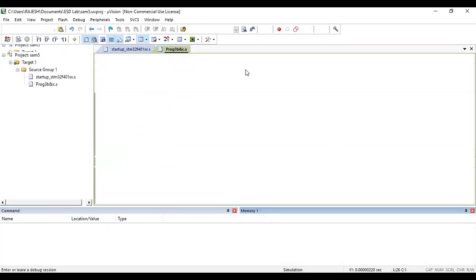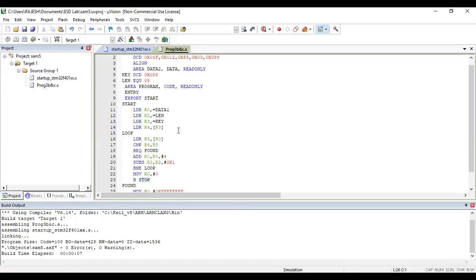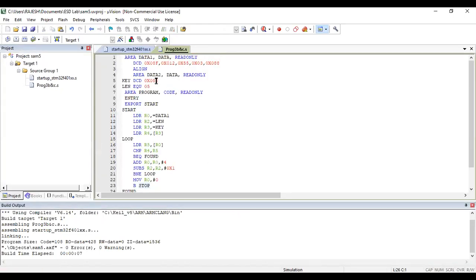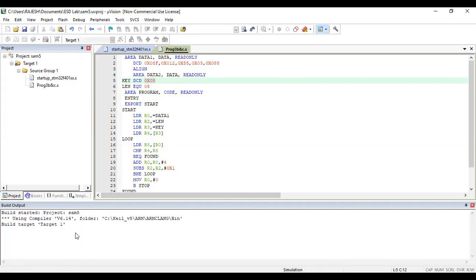Now let us take the case of an element which is not present in the array. If it is not present, what is the result we have to get? We have to get 00 in our data. For this, we'll take a random value 08. Simply rebuild it.